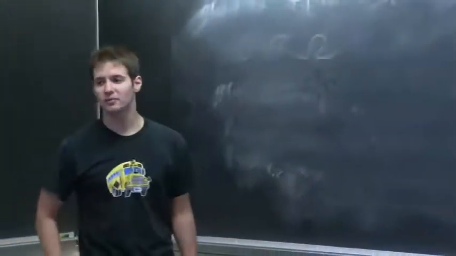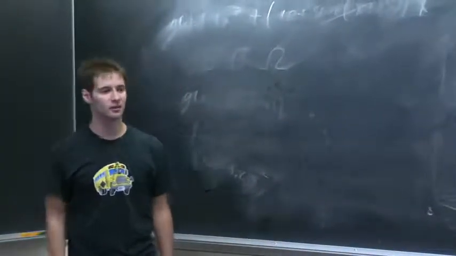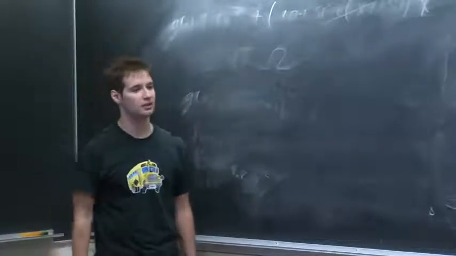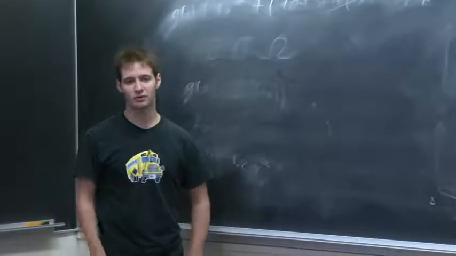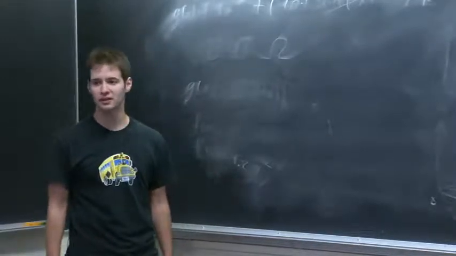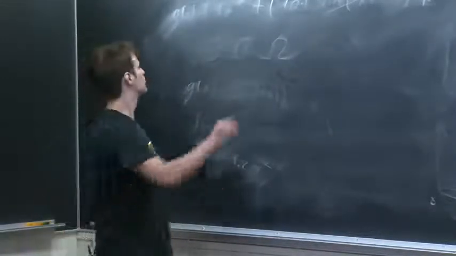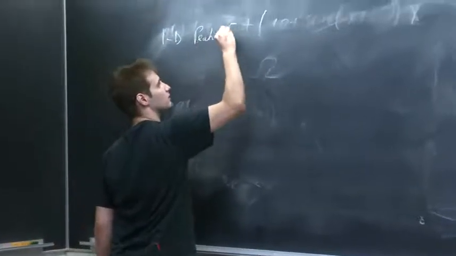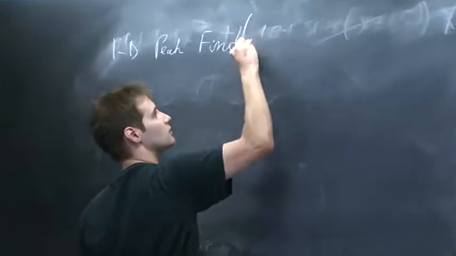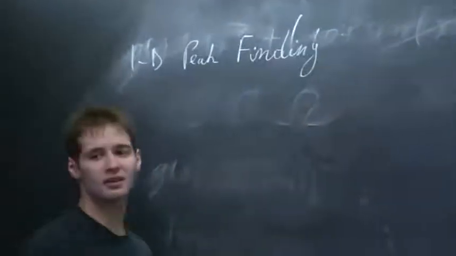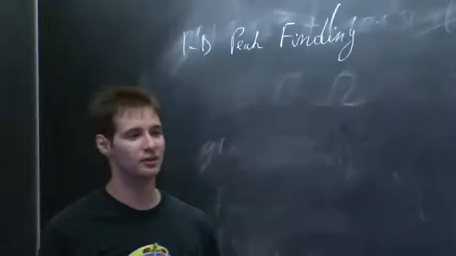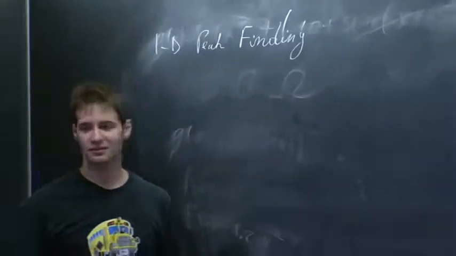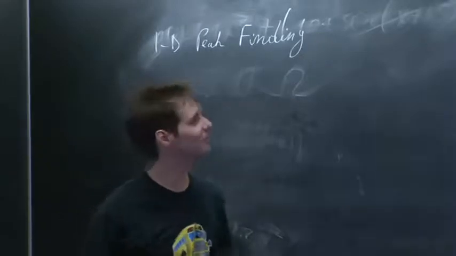Okay, let's talk about something we covered in class. Let's talk about peak finding. We'll start with 1D peak finding, and then we'll go to 2D peak finding. Does anyone remember the pseudocode for the faster 1D peak finding by any chance? I think everyone said they went to lecture, so I don't have to explain what peak finding is, right? Okay, let's go for it.